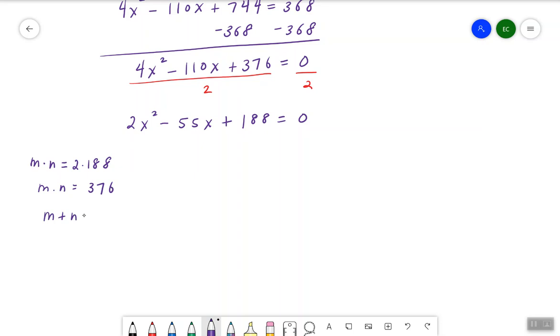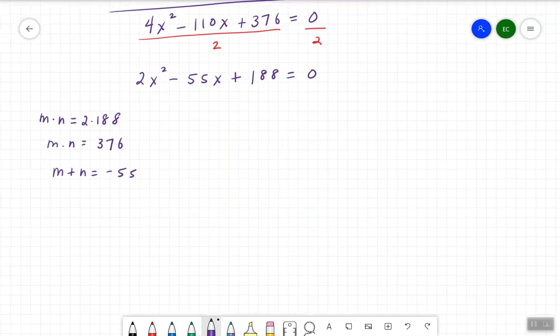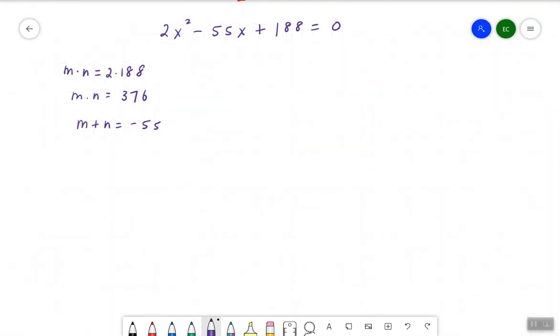And m plus n is equal to negative 55. So again, this could be a little tricky now because 376 is such a large number. So if you're going to do it, then you might just start with negative 1 times negative 376 and say, well, those don't add up to negative 55. And then negative 2 times negative 188, and those don't add up to negative 55. You can see this could be quite tedious,